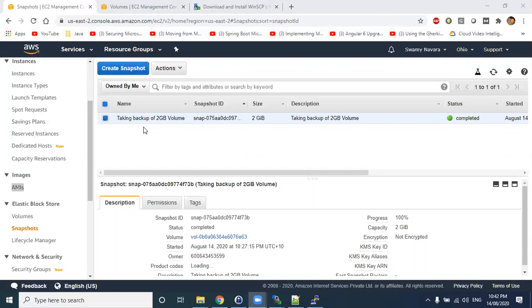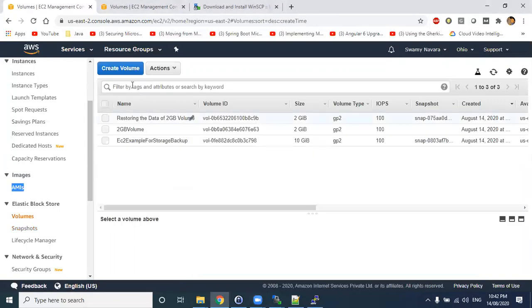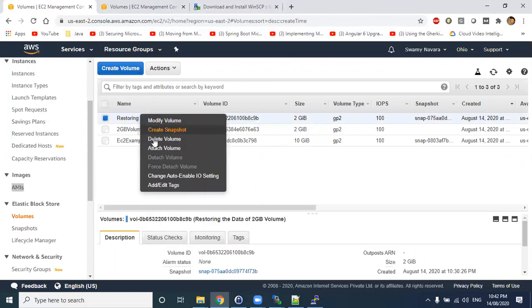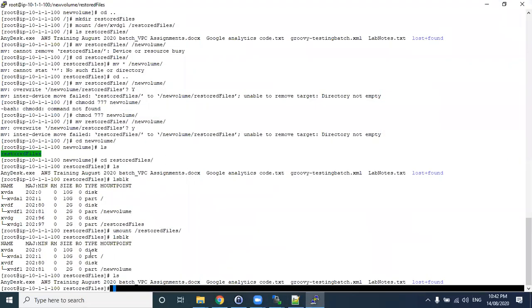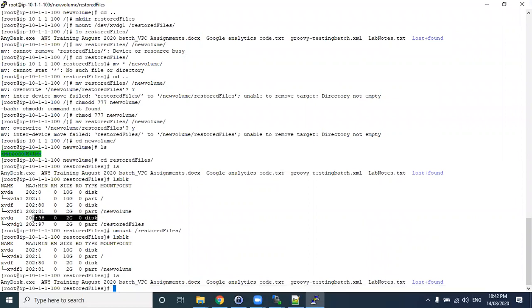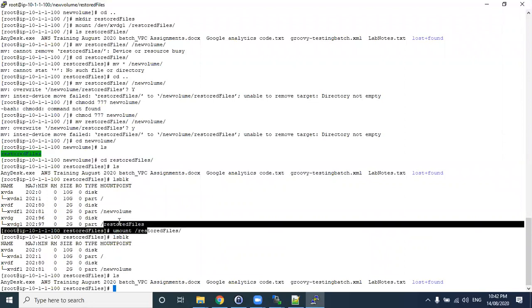Harish, in that example, you can also spin up a new volume and move the data across. Yeah, if you click on volume, create a new volume. After creating a new volume, you need to right click and attach this volume to a particular EC2 machine. Once you attach, you need to go to your instance and mount it. If you attach, you will get only the disk here, and with the disk you cannot do anything. You cannot store data on the disk. So first you need to partition that particular disk.